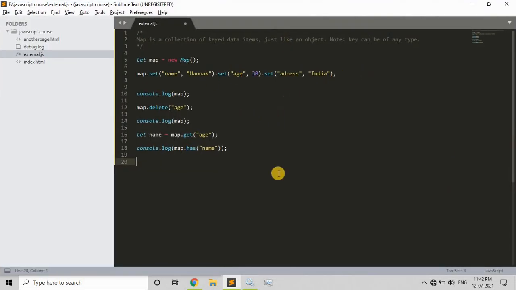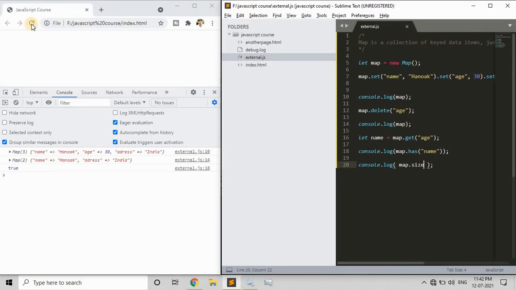I'll say console.log, and to get the size of a map, the count of elements inside it, I use map.size. Again, there is no size method, it is just a size property. It gives the number of elements present in the map, and as you can see we get 2, because we deleted one element.